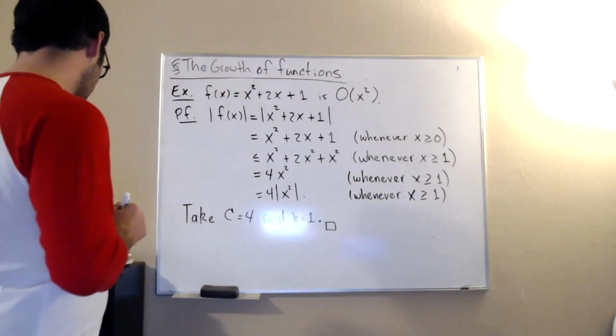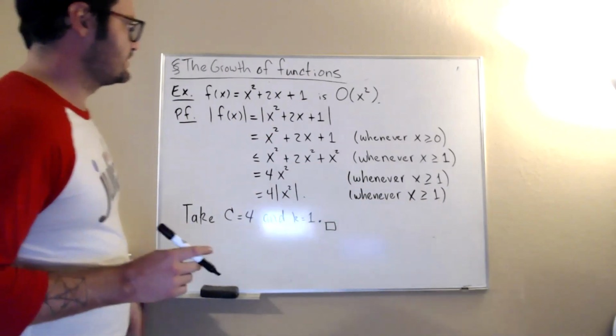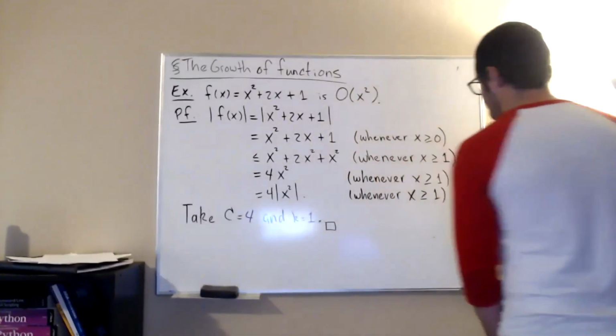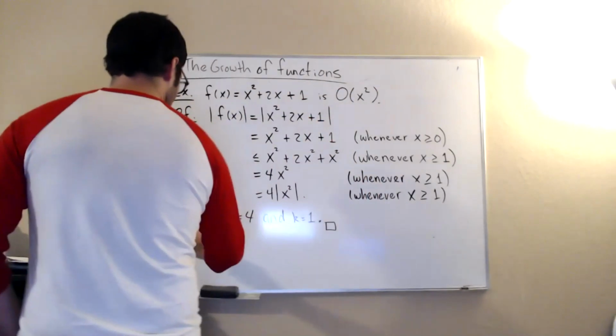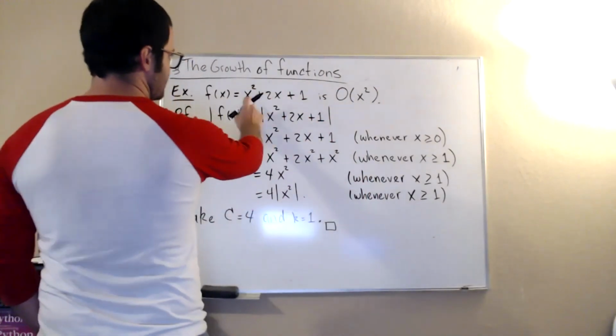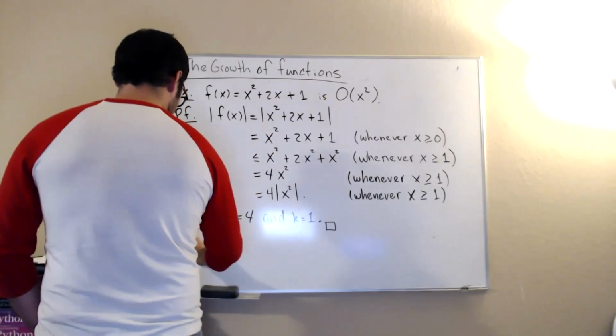Okay? So one way that I like to think about this, that's not mentioned very often in textbooks, is that, so that's the end of the proof there, but just when you're looking at whether or not something is big O of another function, you want to ask yourself,